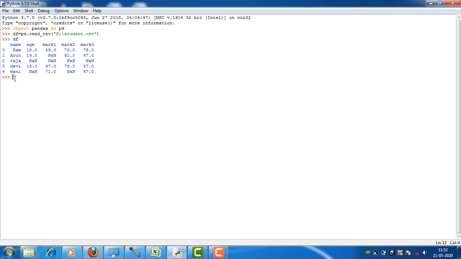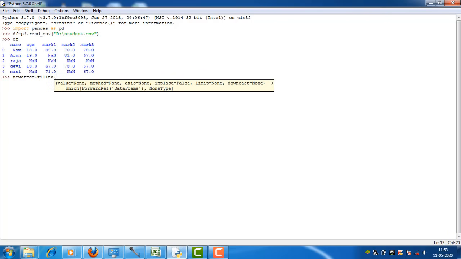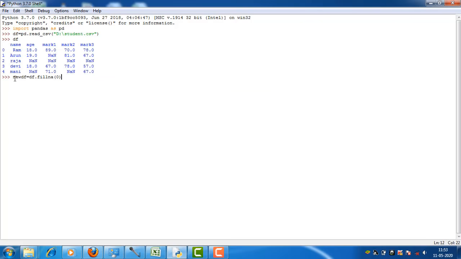In this case, I want to replace the missing value with 0. The method we are going to cover is fillna. new df is equal to df dot fillna, pass 0 as the value, enter.